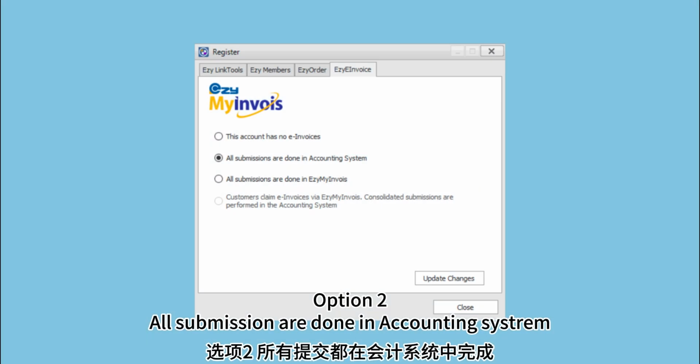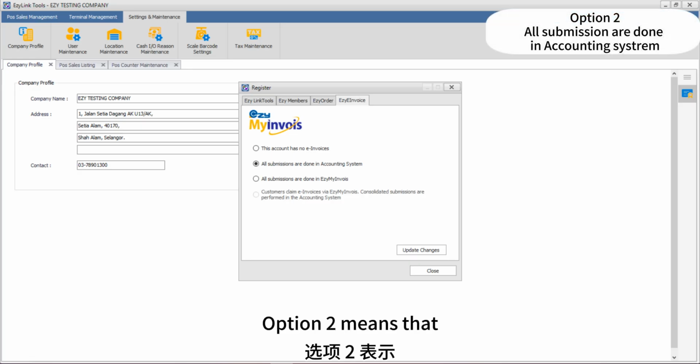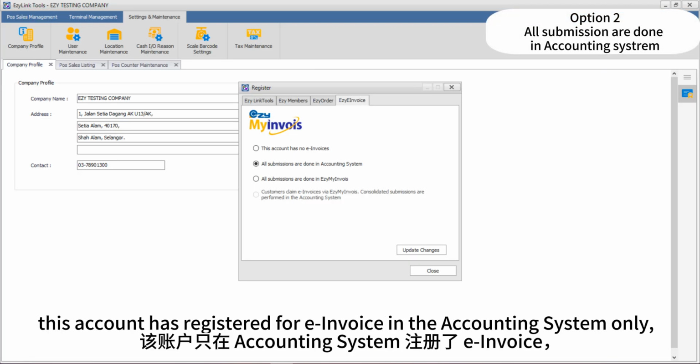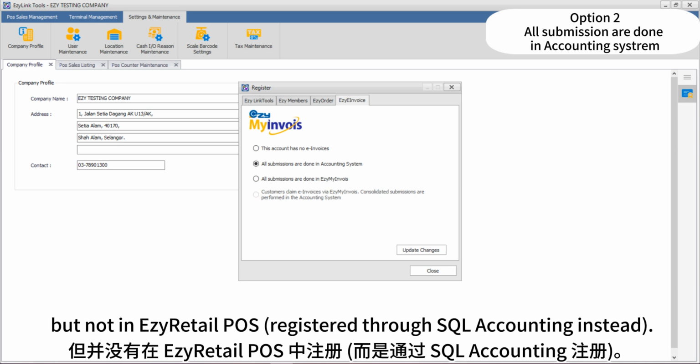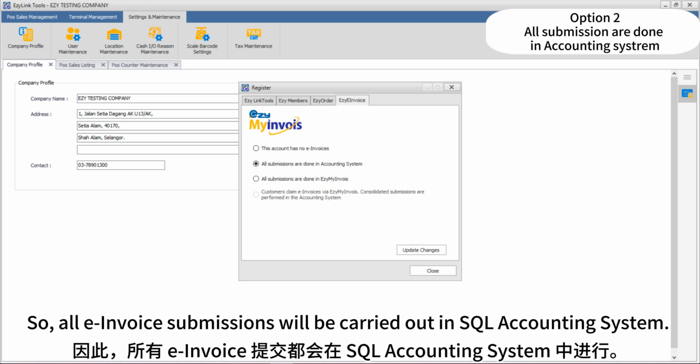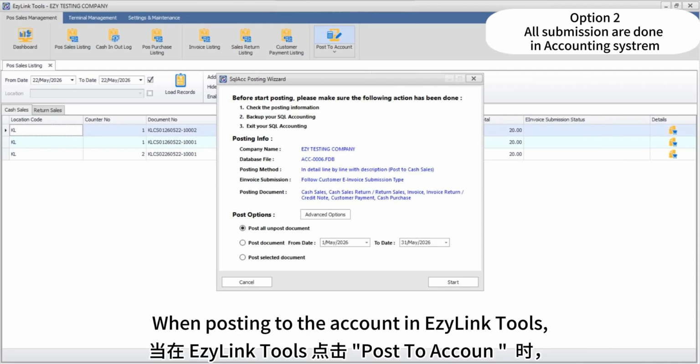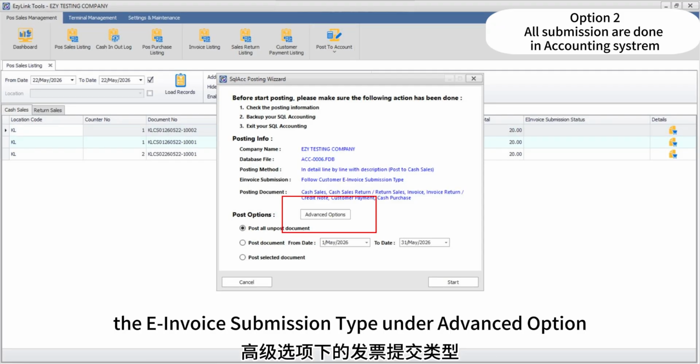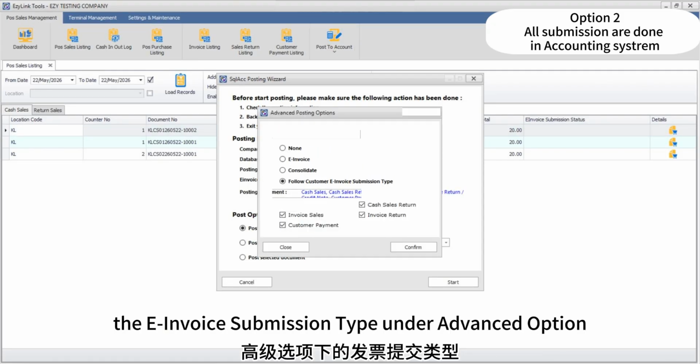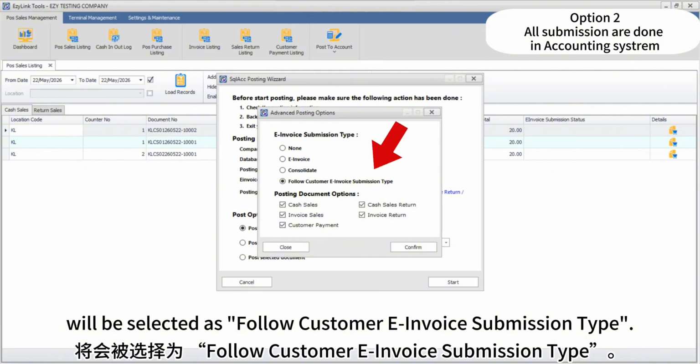Option 2. All submissions are done in the accounting system. Option 2 means that this account has registered for E-invoice in the accounting system only, but not in EzyRetail posts. So, all E-invoice submissions will be carried out in SQL accounting system. When posting to the account in EzyLink Tools, the E-invoice submission type under Advanced Options will be selected as Follow